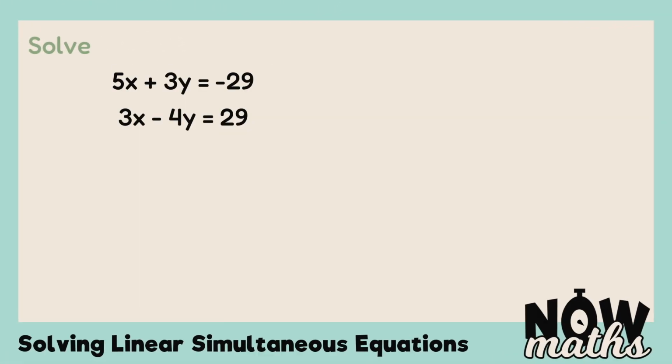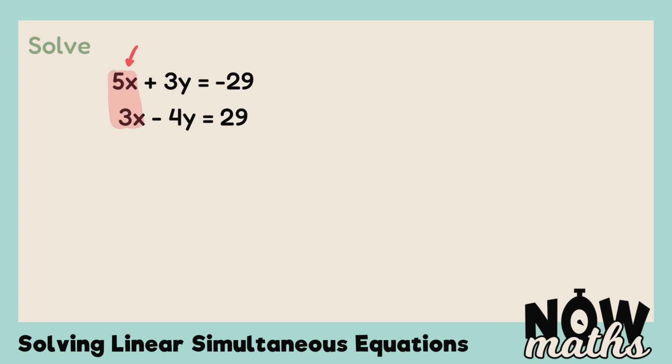Now looking at another similar question. So if we look at the x coefficients, 3 is not a factor of 5, and similarly for the y coefficients, 3 is not a factor of 4. So we're going to take a look at the lowest common multiples again. So looking at the coefficients of x first, which are 5 and 3, the lowest common multiple of 5 and